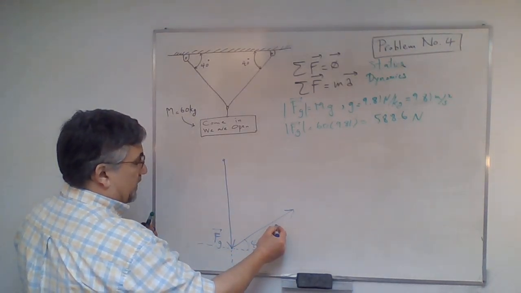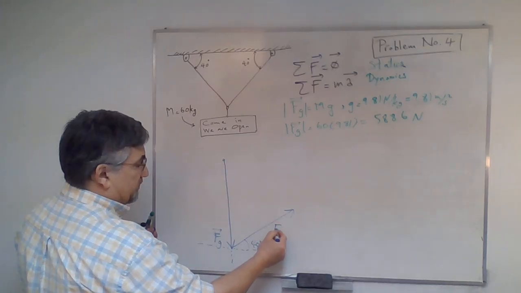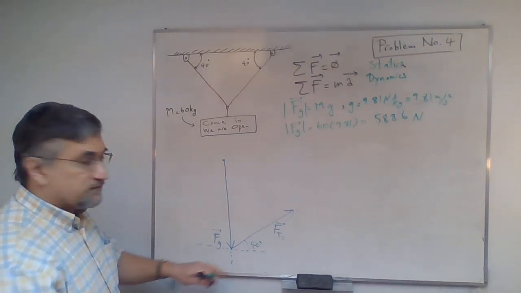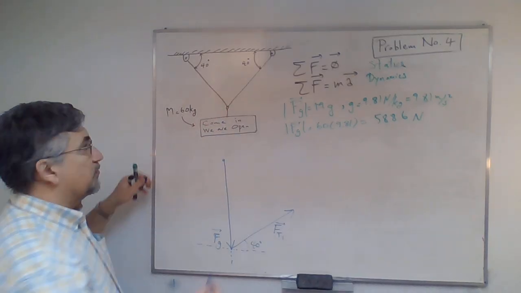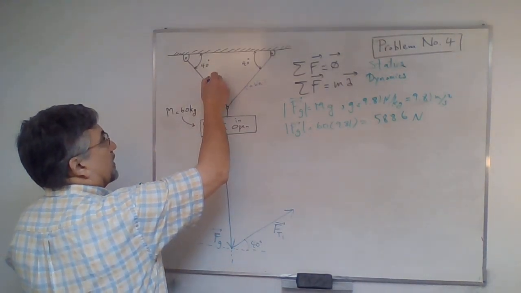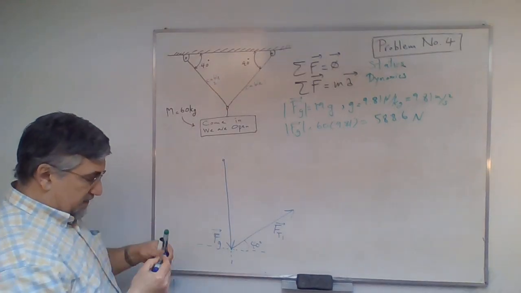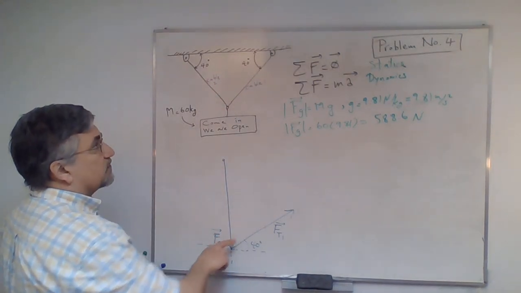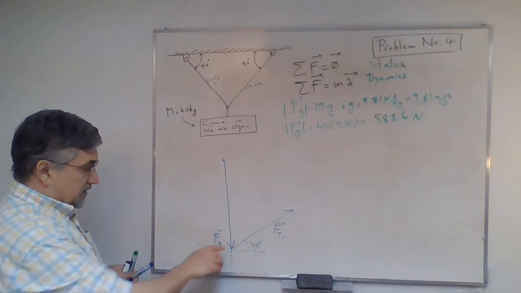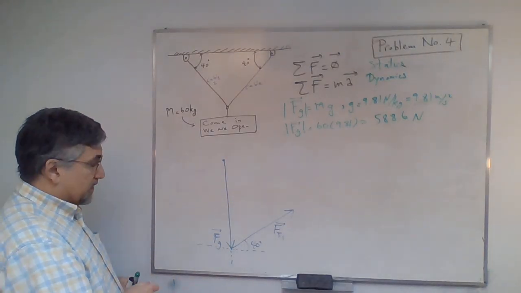This would be, I would say, F sub T1, which means the tension force 1 on cable number 1. This is a cable here, that's cable 1, and this is cable 2, let's say. This is the force along the cable. It makes an angle of 40 degrees, and it wants to